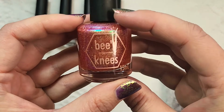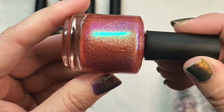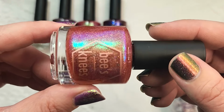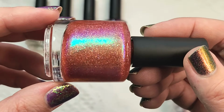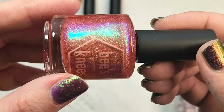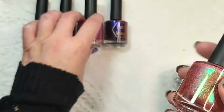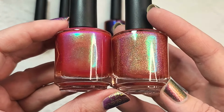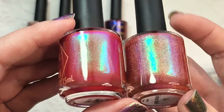All right, another one that I was super excited to get. This is the Crimson Moth from the Heartless Hunter collection. This is another one that I had sat on the fence about. I think it might have been in my cart, or at least on my wish list when it was released, and I didn't end up grabbing it. So very happy to be able to grab it this time in the overpours. This is another one that just has so much going on. It sort of falls into the line of, this is Khalid or Kaled. I'm probably going to go back and forth on that. Let me know which one's right, or if neither is,